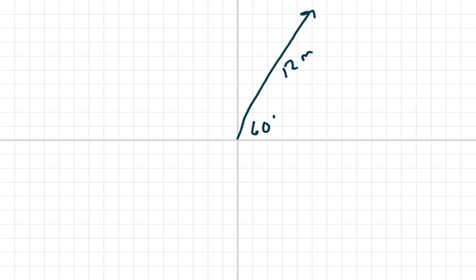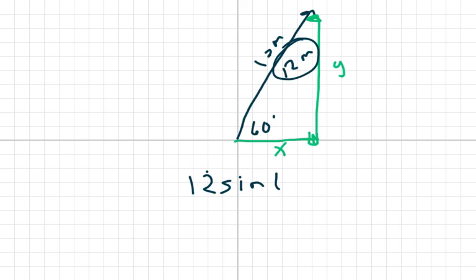Okay? Here we have one, and I'm going to draw this vector up here. So this is your x component here, and this is your y, and you just use the 60 degrees and write what's our hypotenuse, 12 meters. So 12 sine of 60 equals, and that's going to give you,